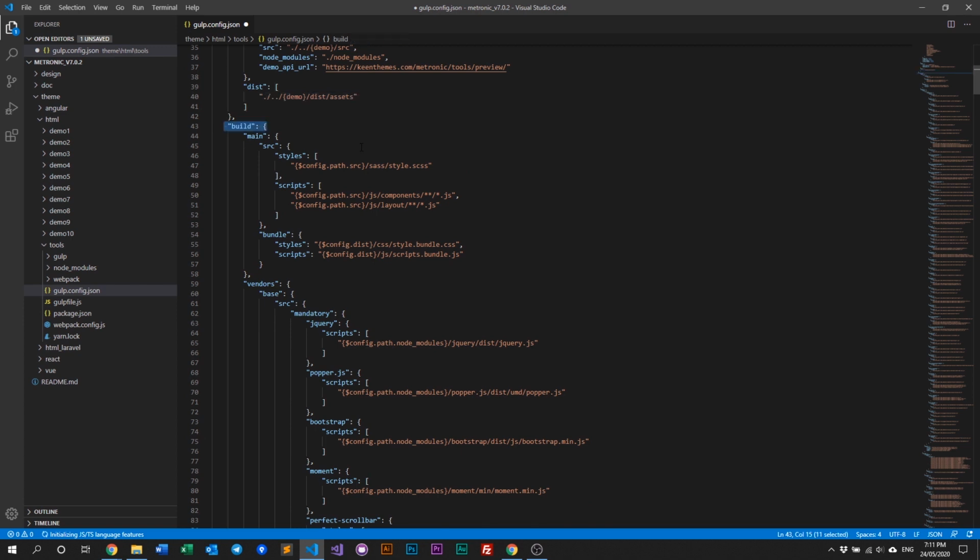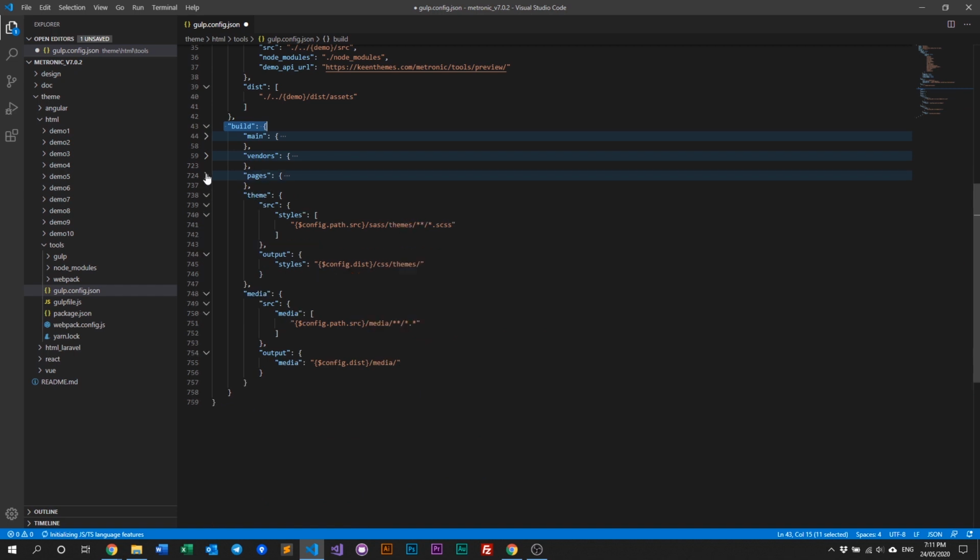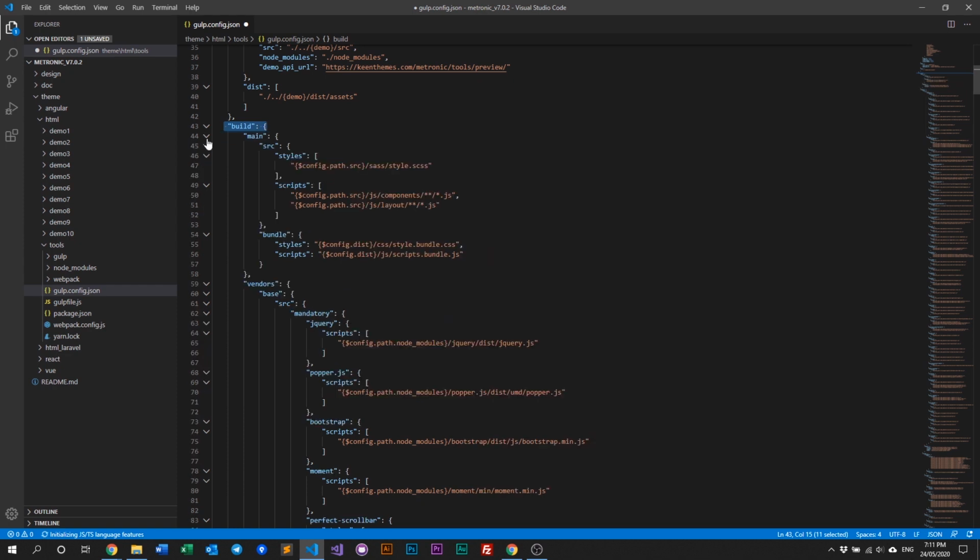So in our build field or build parameter here, we have two things. We have main, vendor, a few things, and pages, and theme and media. So in main, what we're doing is we're just defining which SASS file we'll be grabbing, or where the style.sass is located, and where all the scripts are located, like what are we grabbing, like all the JS from components, all the JS from layouts. And then what we're doing is we are bundling all this, which is just a single SASS at the moment, but of course if you want to extend this you can. We're bundling this into